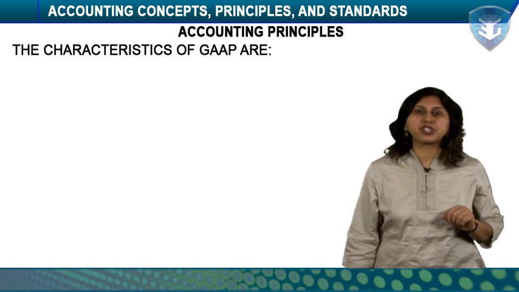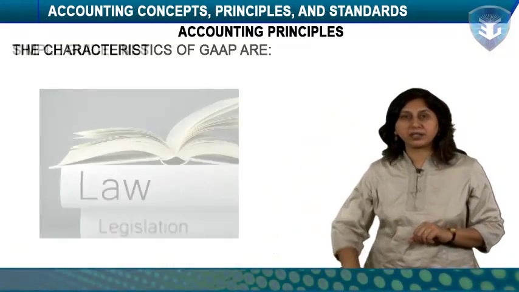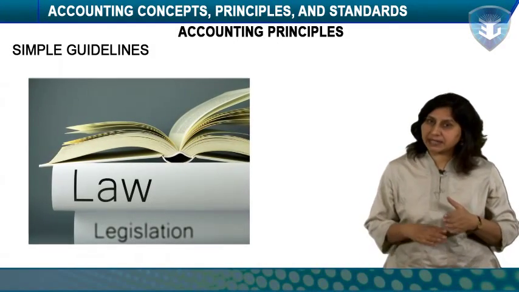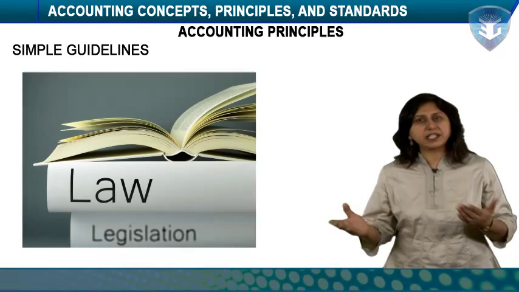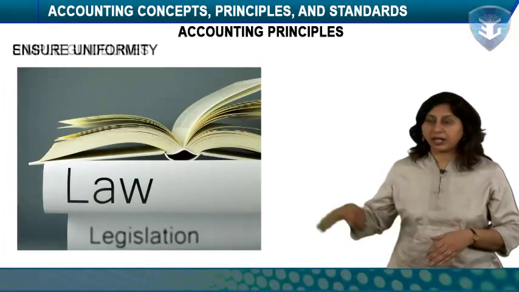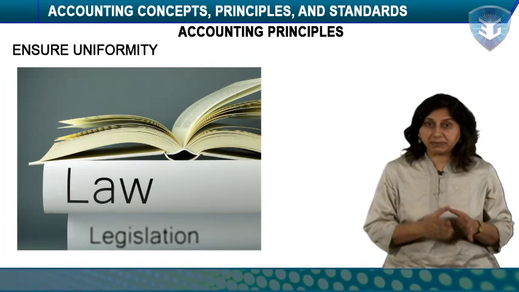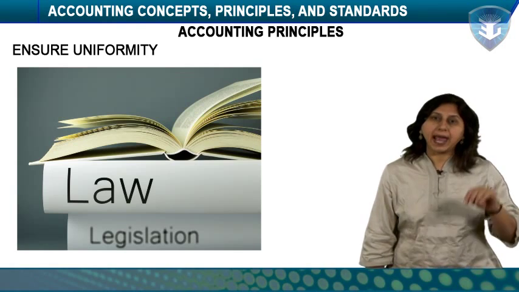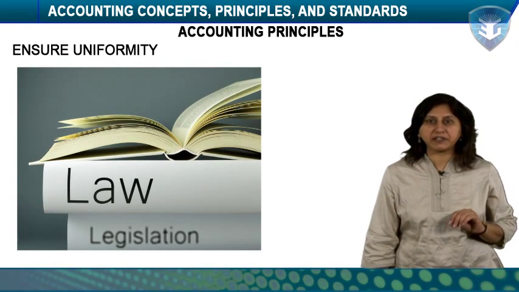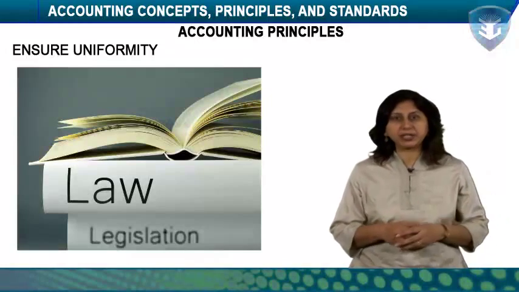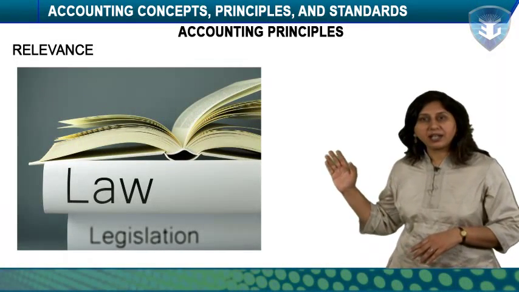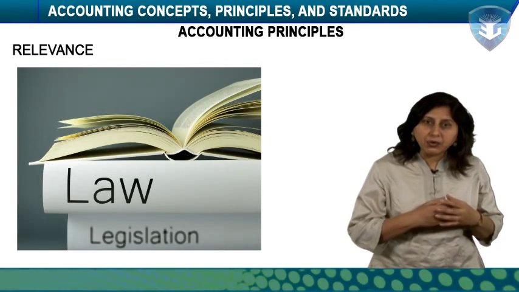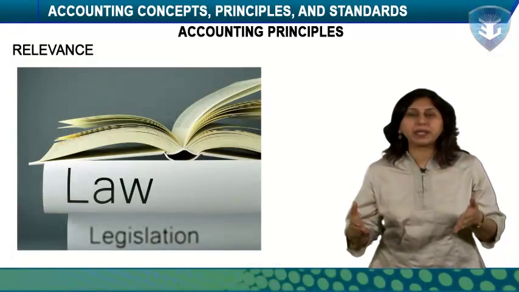The characteristics of GAAP are discussed as follows. Simple guidelines implies that the accounting principles are simple and man-made guidelines derived from past experiences. Ensure uniformity implies that the accounting principles are set for ensuring uniformity and meaningful presentation of the accounting information, which can be understood by the users. Relevance depicts that the accounting principles are relevant to the extent that the accounting information presented after following these principles